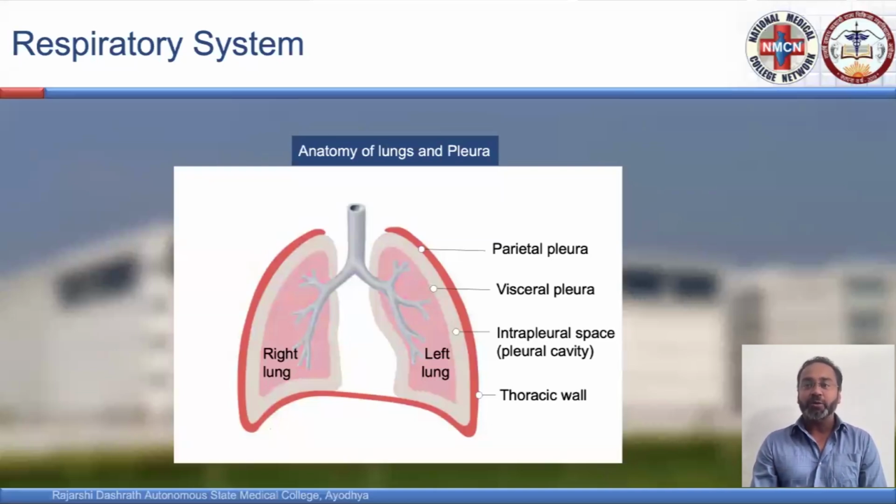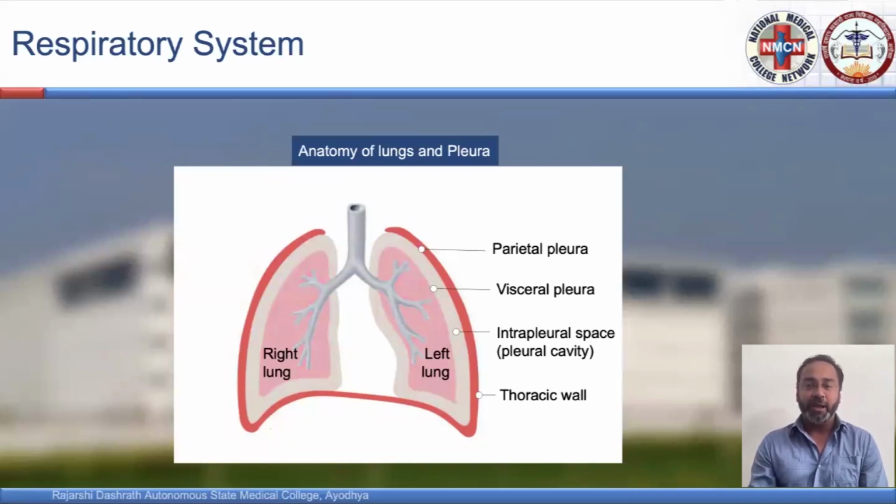Trachea further goes down and divides into right and left bronchi, which further divide into secondary and tertiary bronchi, finally going into terminal bronchioles, which open into alveoli. Alveoli are the functional unit of the respiratory system. As you can see in this diagram, the trachea, this long conduit tube, goes down and divides into right and left bronchi, which further divide into different bronchi, and finally open